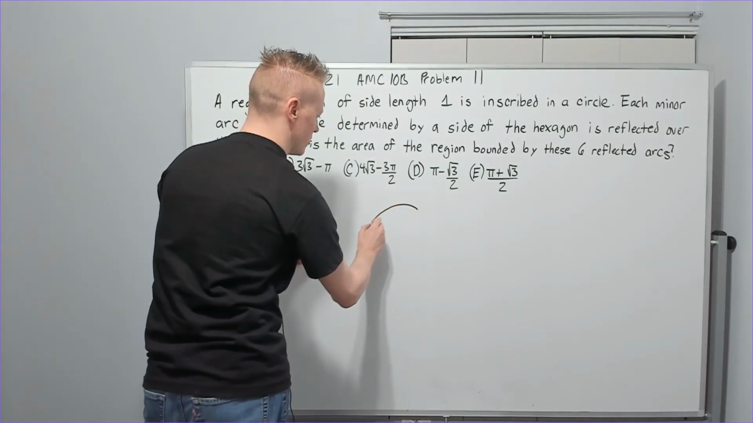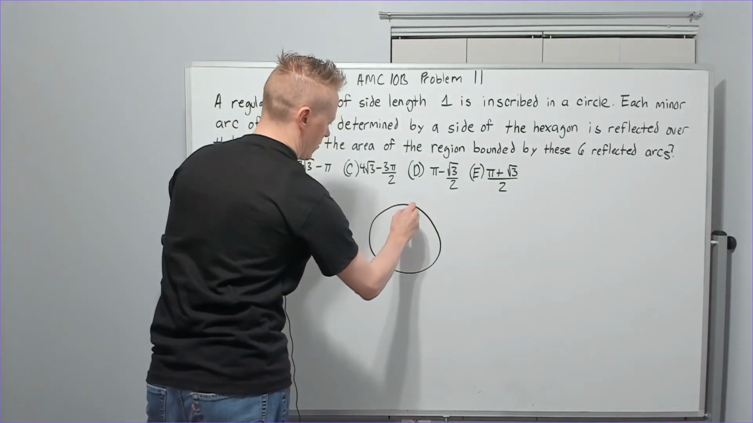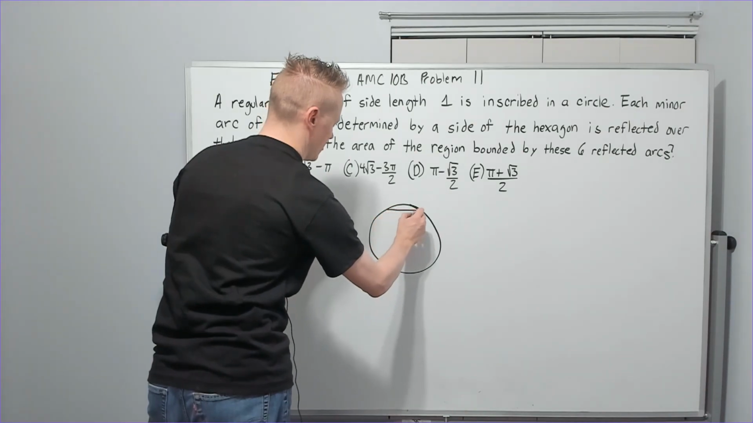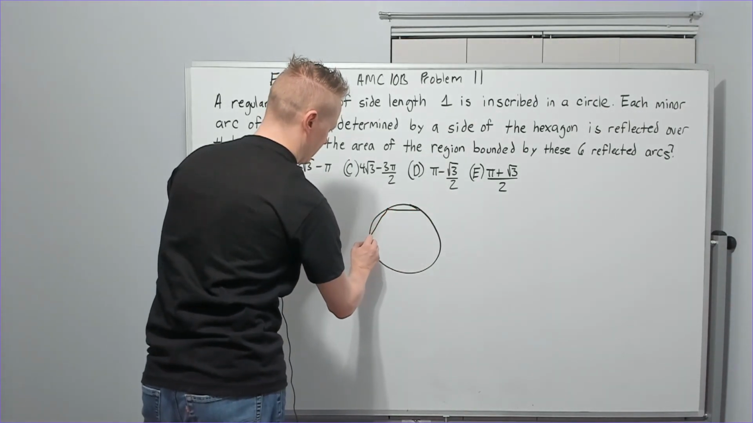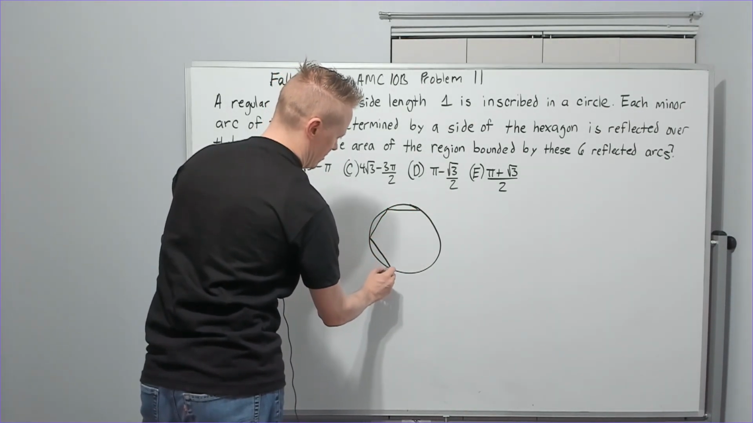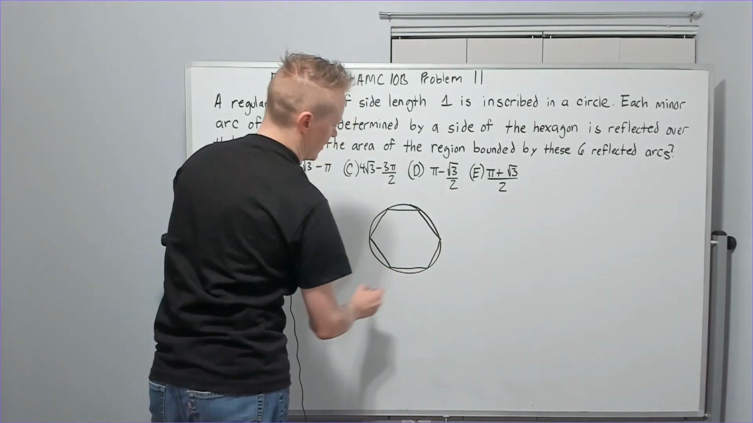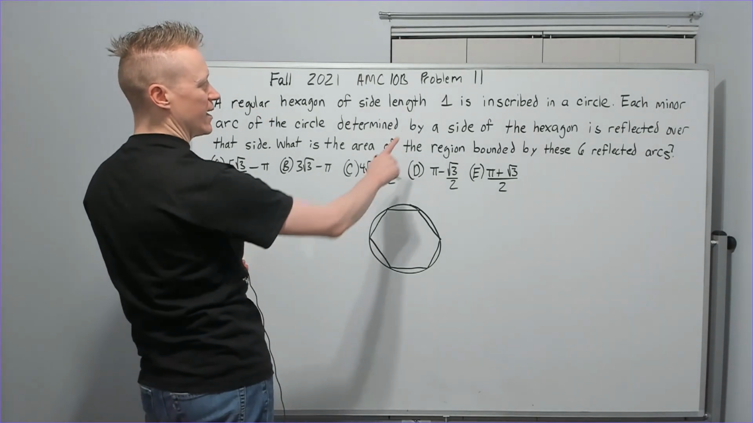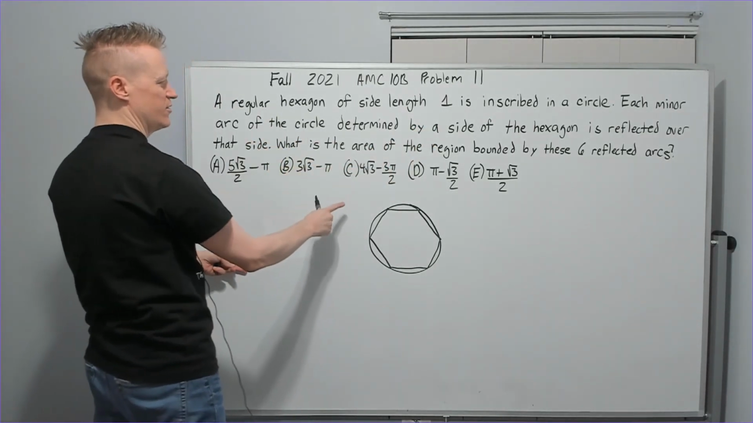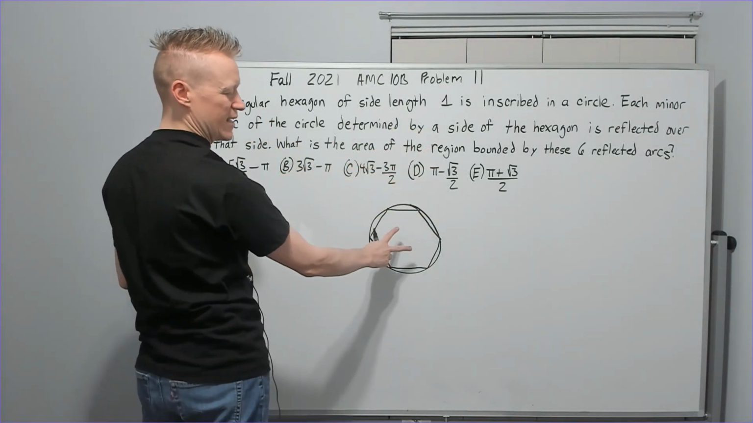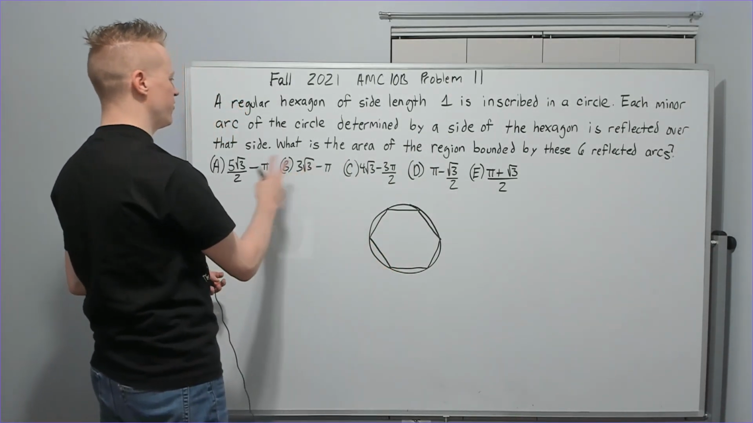So we've got a circle. You're going to have a regular hexagon. I guess I'll go about here, come down here, go over there, go up here, and go there. Something like that. Okay, each minor arc of the circle determined by a side of the hexagon is reflected over